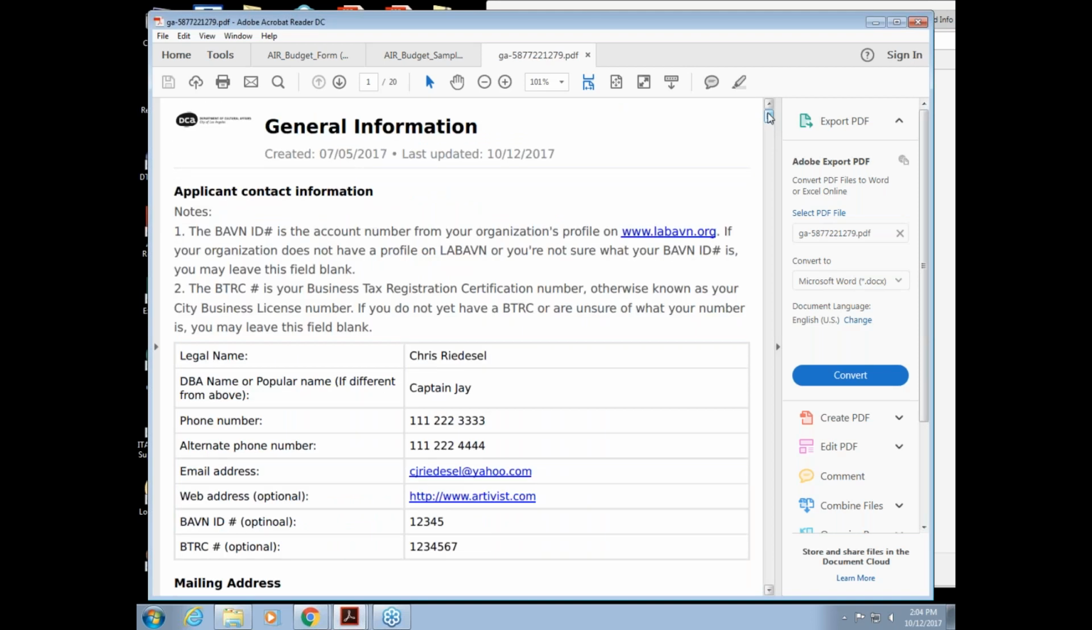This is a copy for our file, so you don't need to print it in color. It just needs to be black and white. You can print it double-sided. We want you to preserve trees when possible. So print this up, double-sided, black and white,